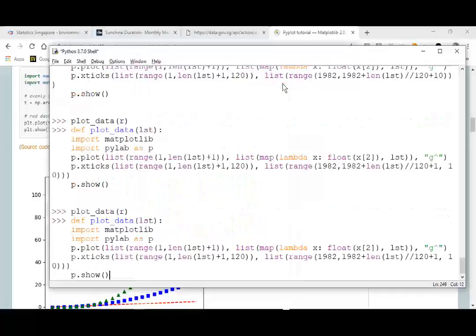We should go and find out what x6 is doing. So the step here is 120, which is correct. We want one every 10 years, maybe not necessarily 10 years, but. So then here we start at 1982. Oh, yeah, 1982, and the step should be